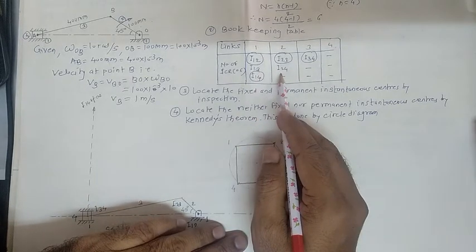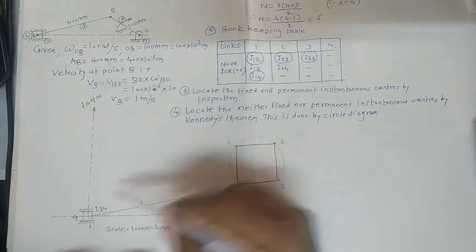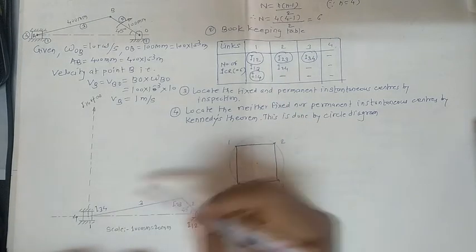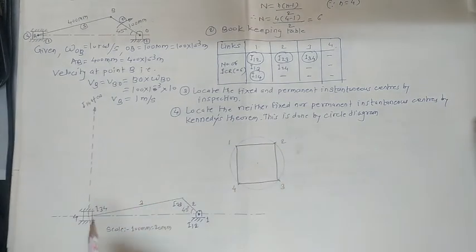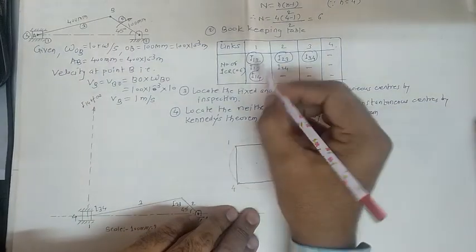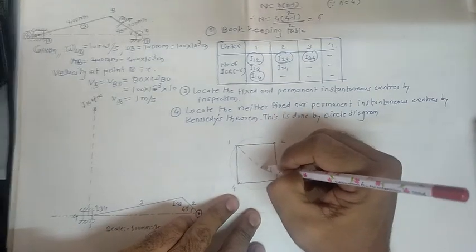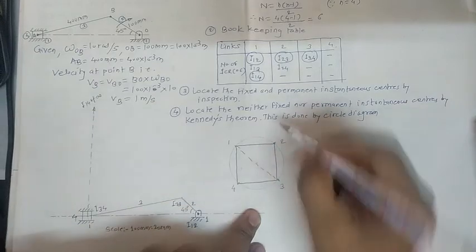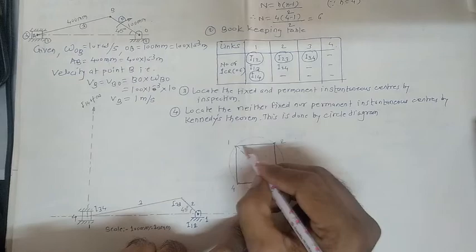These are nothing but the neither fixed nor permanent instant centers, because they do not lie on any part of this. Don't confuse it with this I14, because here the slider is given, and the motion of this slider is always parallel to this path given. That's why the instant center of this goes up to infinity. So here my first task is to locate I13. For that, join I13 in this way. Now this line divides this area into two triangles. Now take the reference of this side, this side, this side, this side.